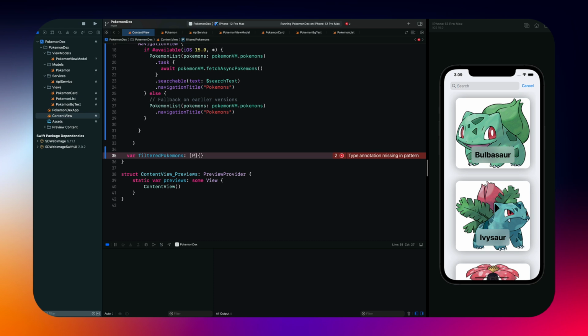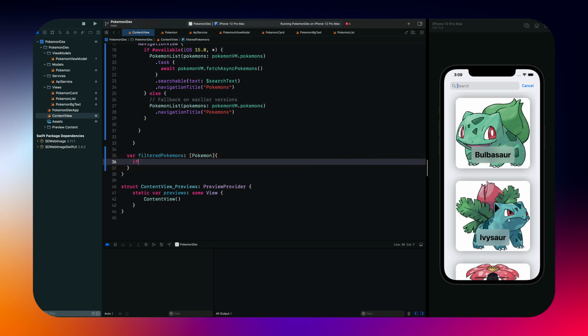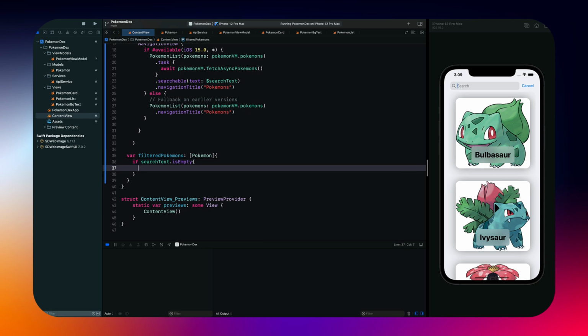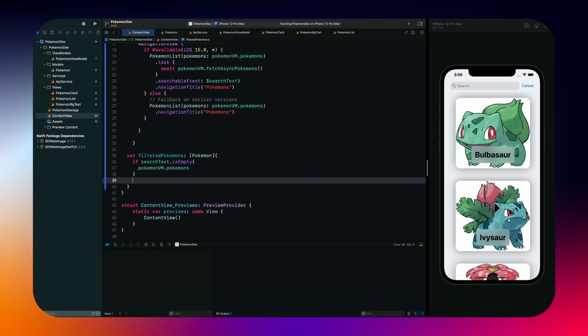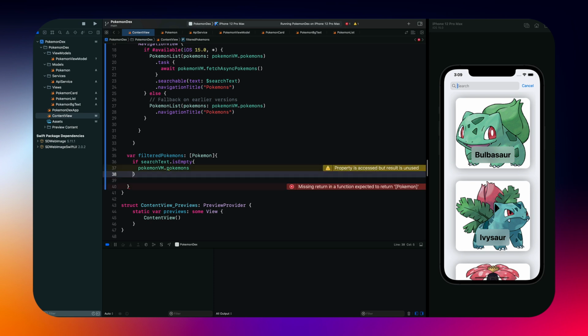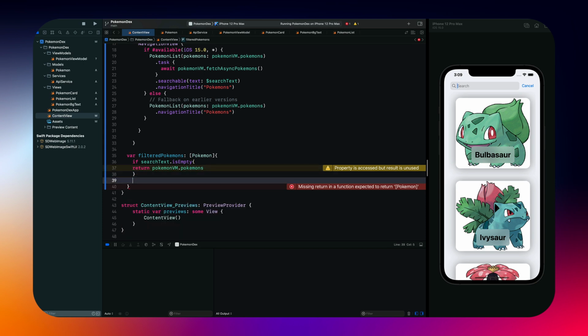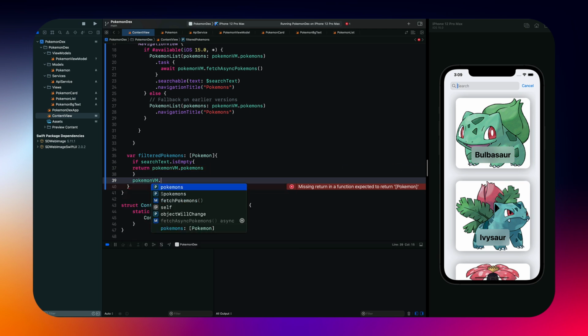We can also say that we need a field of Pokemons, and we can say if search text is empty, then we can return our Pokemon VM dot Pokemons, right? But if it is not empty, then we can just say return. Otherwise, let's return Pokemon VM dot Pokemons dot